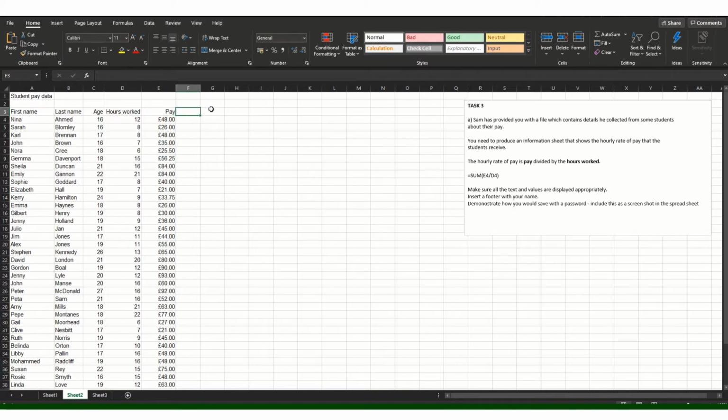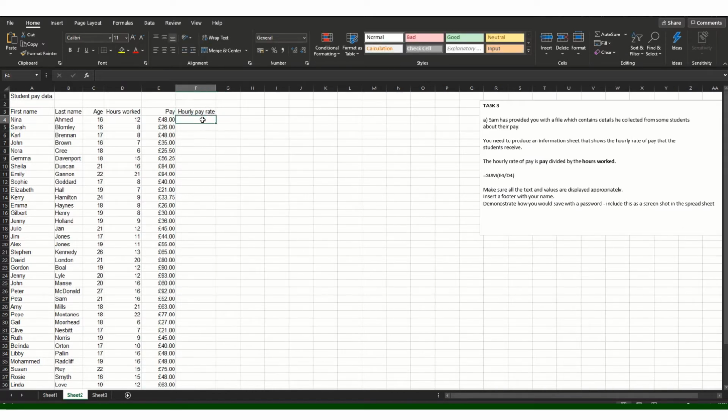So we need to work out what the hourly rate is. Okay, so hourly, I'll spell correctly in a minute. Hourly pay rate. So there we go. Now we'll just widen that out. To do that, essentially what we're doing is dividing this by this. So how many 48s are there in 12? So as a sum over here, we're doing division: equals sum, brackets,